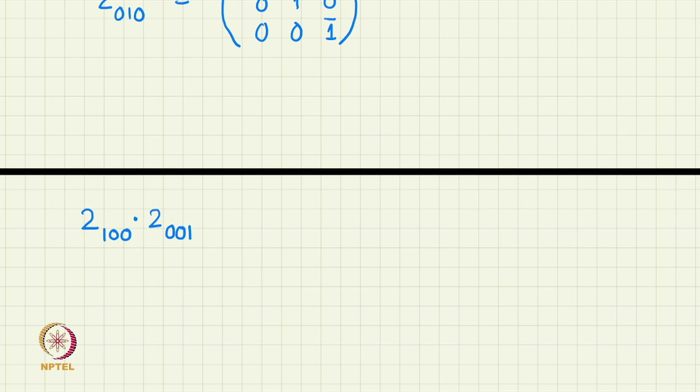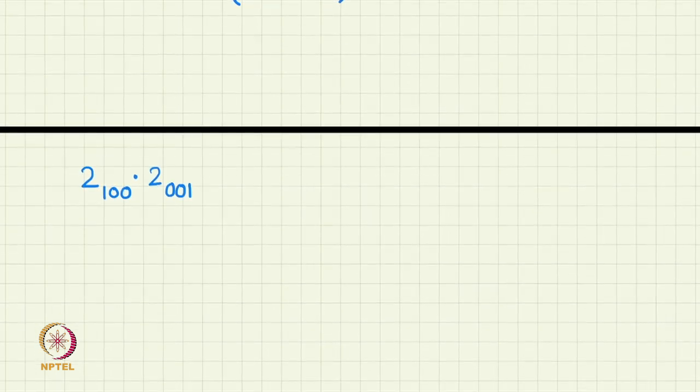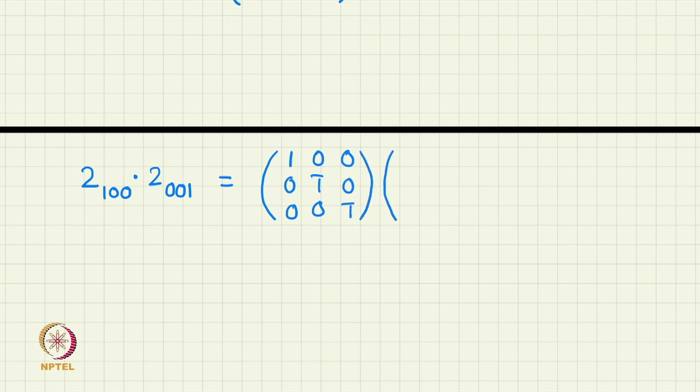So, we have the matrices, we can write that the 2 1 0 0 matrix is 1 0 0, 0 bar 1 0, 0 0 bar 1, and the 2 0 0 1 matrix is bar 1 0 0, 0 bar 1 0, 0 0 1. Now, you can multiply these two matrices